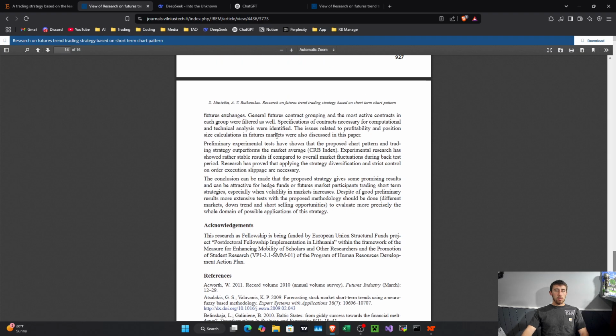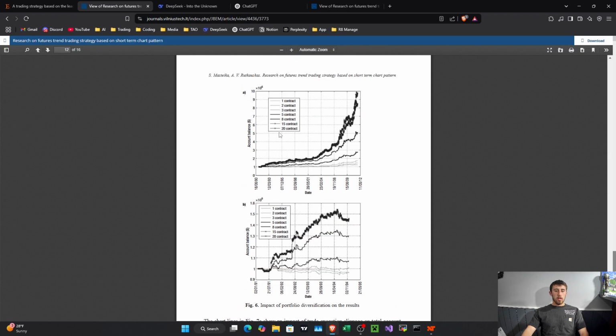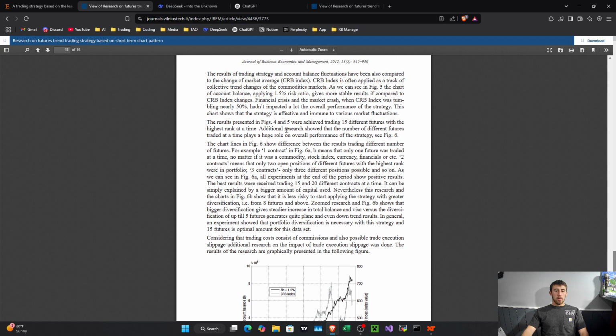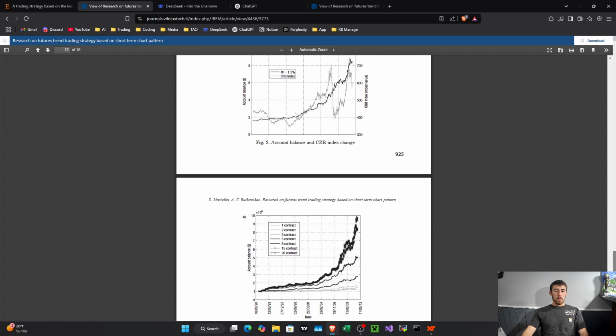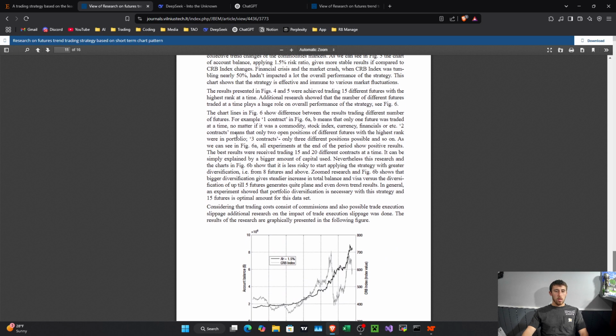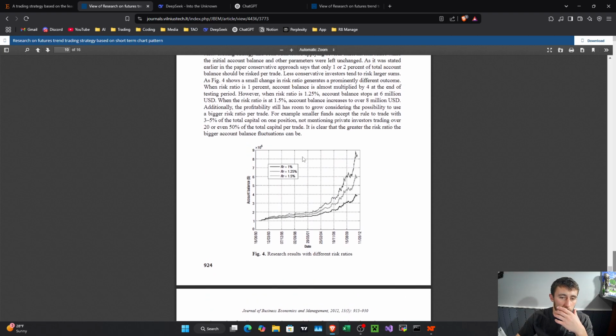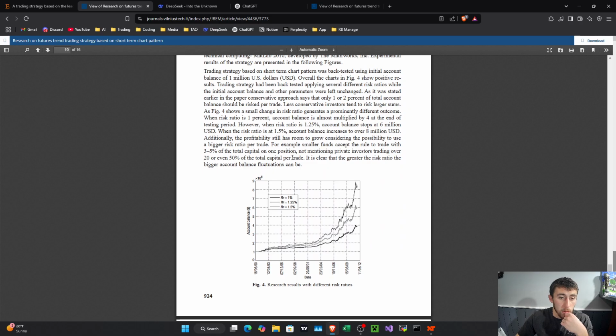If we go back to the article, it's talking about the performance. Okay, here it is. So look, it's claiming that if you risked 1% per trade, if you started in 1990,